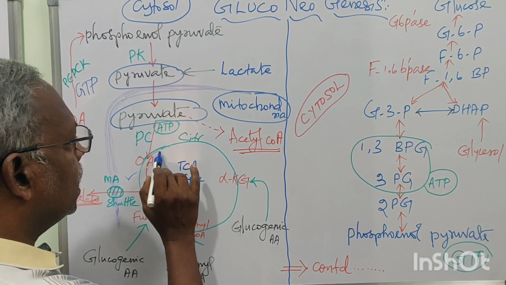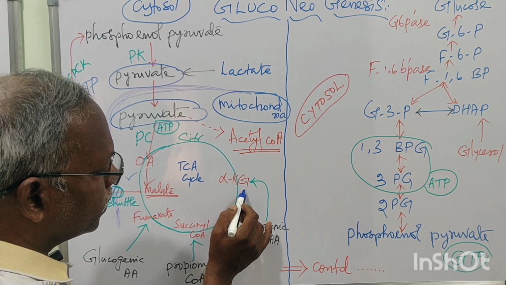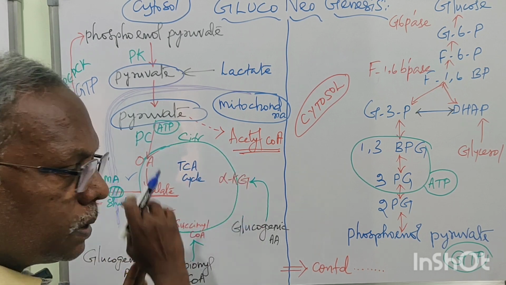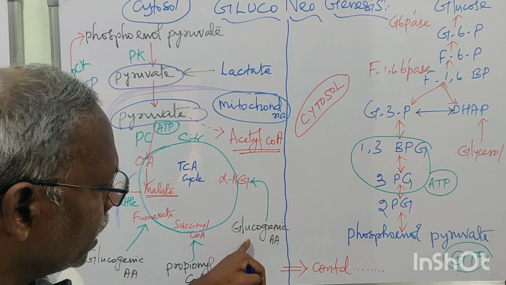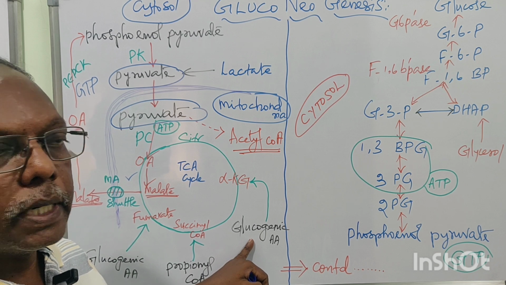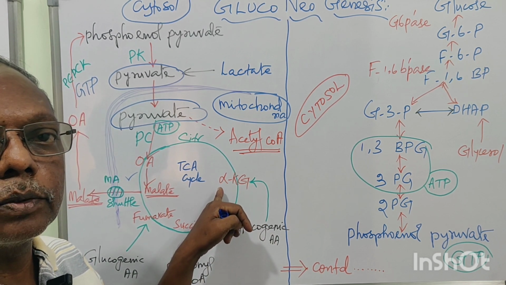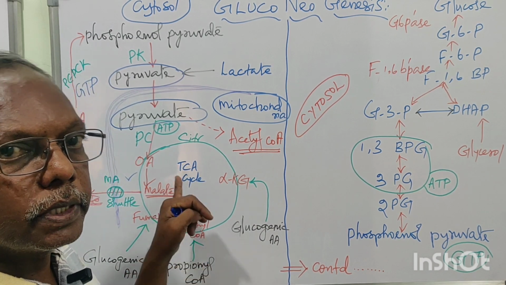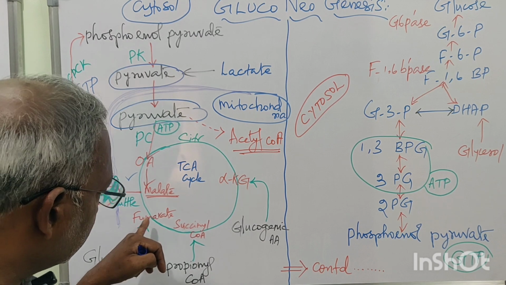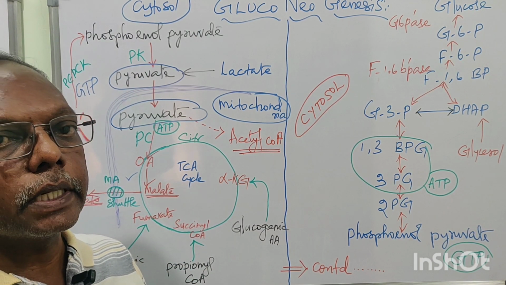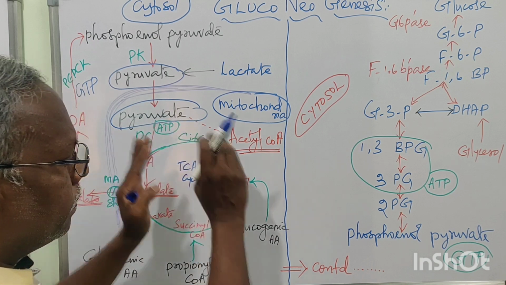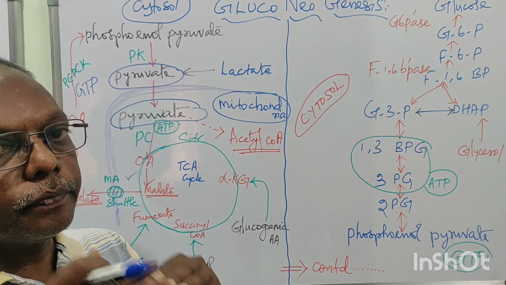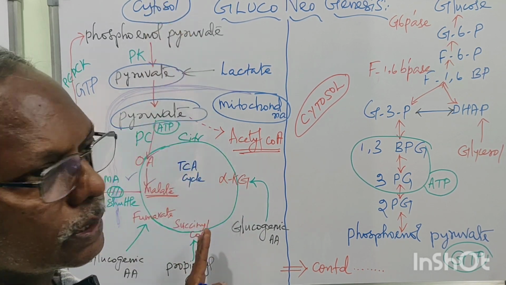Usually what happens? Oxaloacetate produces citrate, citrate produces alpha-ketoglutarate, then succinyl-CoA, fumarate, malate, like that. Why I am drawing this TCA cycle in this area is, we already know the substrates: glucogenic amino acids enter the TCA cycle through alpha-ketoglutarate. Propionyl-CoA is converted into succinyl-CoA and enters the TCA cycle. Glucogenic amino acids again enter the TCA cycle through fumarate. So these are all the compounds which receive the non-carbohydrate substrates for the production of glucose. Okay, so this is the first step.